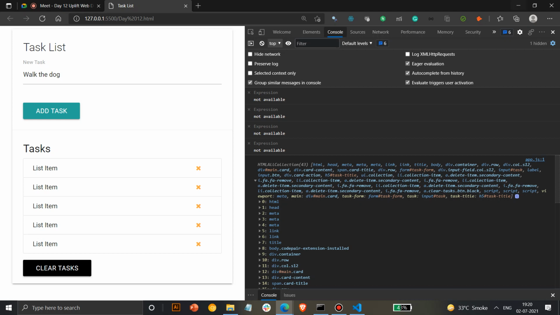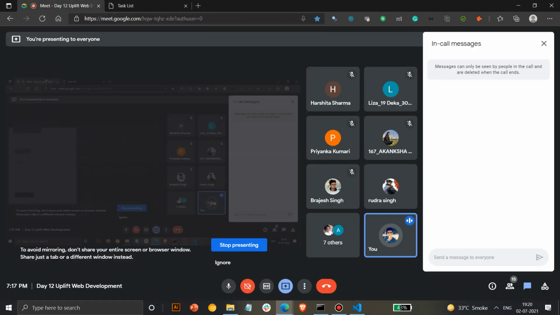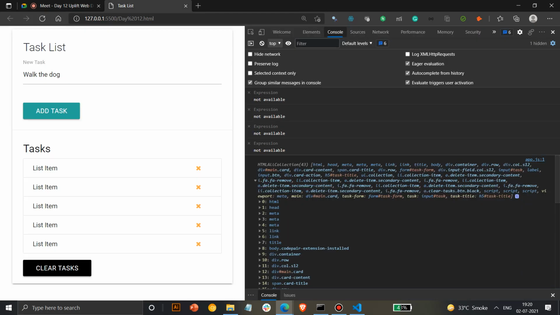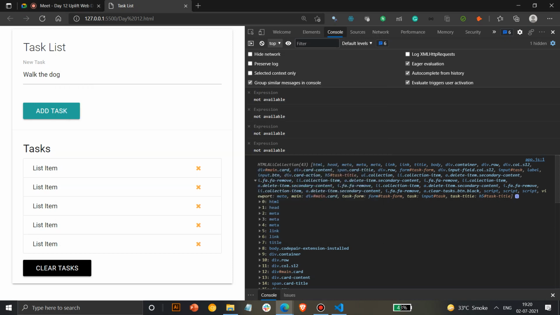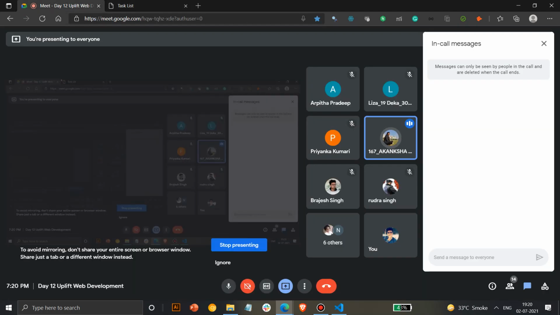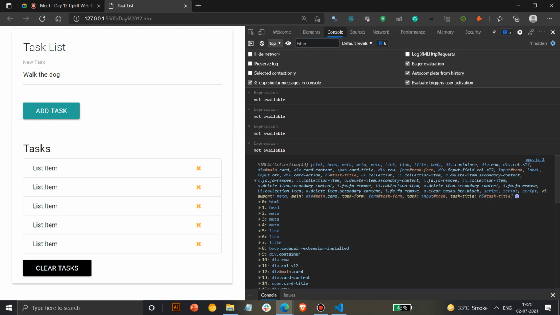Okay, anyone, what is a collection? What is the difference between a collection and an object, or what is a collection first? If you can guess by the name, it's easier. Anyone? Is a collection like a collection of all the DOM objects? Okay, that's correct. Yes, it is a group of elements.